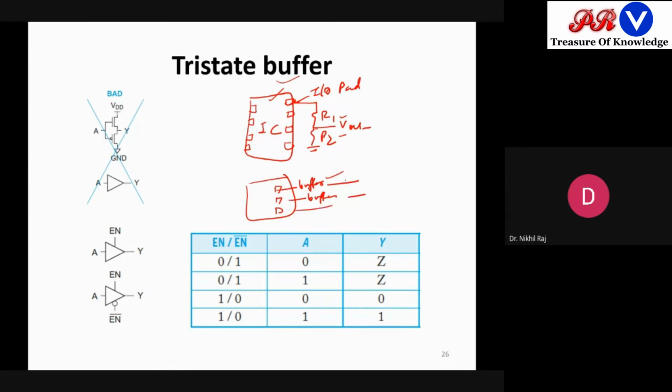So what will it do? The buffer is like this: the current is flowing in this direction. If this is the network R1 and R2, and suppose high current is also there, this back propagation of current cannot happen due to the external supply. This back propagation of current is not possible. This way I can protect my IC. So buffers have a lot of applications when we go for IC fabrication.